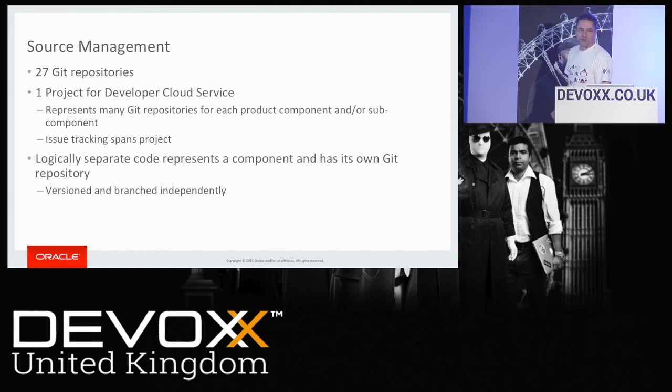In terms of source management, they've got 27 Git repositories, which makes up one particular project. Now, the way that works is that by breaking it up into 27 different repositories, they can have different pieces of work allocated to different parts of the project. Even though the project encompasses all 27, it's easier to divide it up into smaller repositories, so you're only working on something which is specific to the area that you're focusing on. You can then obviously version those and branch them independently. So if you've got one particular bit that you want to change and you want to branch that off, you can do that without having to affect the rest of it.